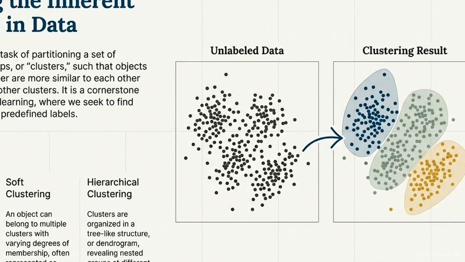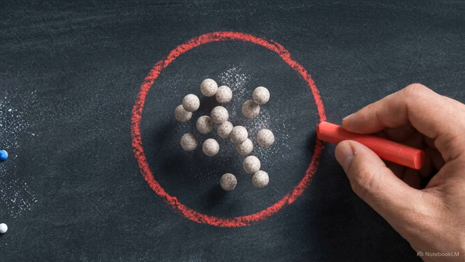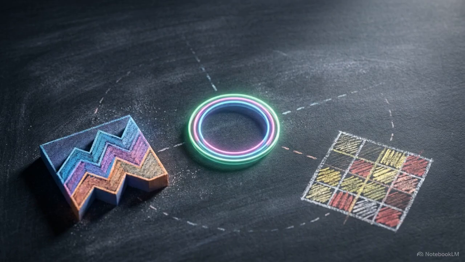This shows raw information as a computer sees it, a scatterplot of unlabeled black dots. To make sense of this, clustering finds hidden patterns. Shifting right, it partitions the chaotic scatter into distinct colored groups, ensuring objects in the same cluster are highly similar. On the surface, it sounds like a straightforward task, but the true difficulty in clustering lies in how we mathematically